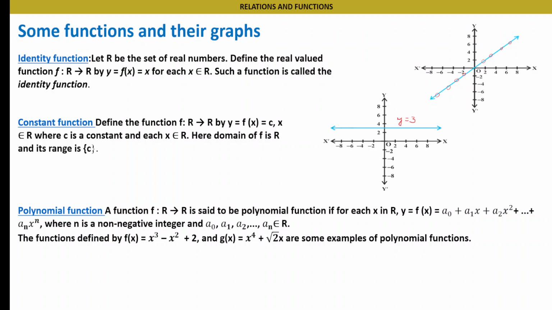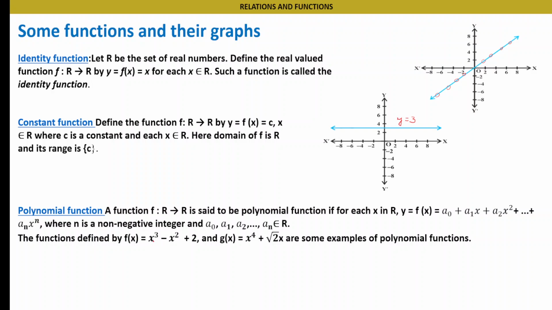Polynomial function. A function f: R → R is said to be a polynomial function if for each x in R, y = f(x) = a0 + a1x + a2x² + ... + anxⁿ, where n is a non-negative integer and a0, a1, a2, ..., an belong to the real numbers. The function defined by f(x) = x³ − x² + 2 is an example of a polynomial function